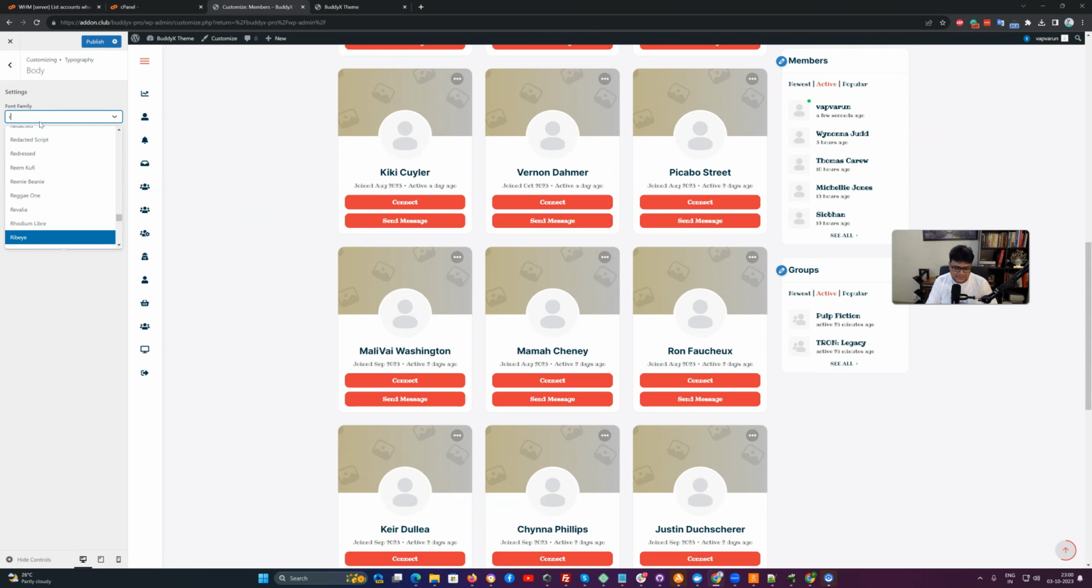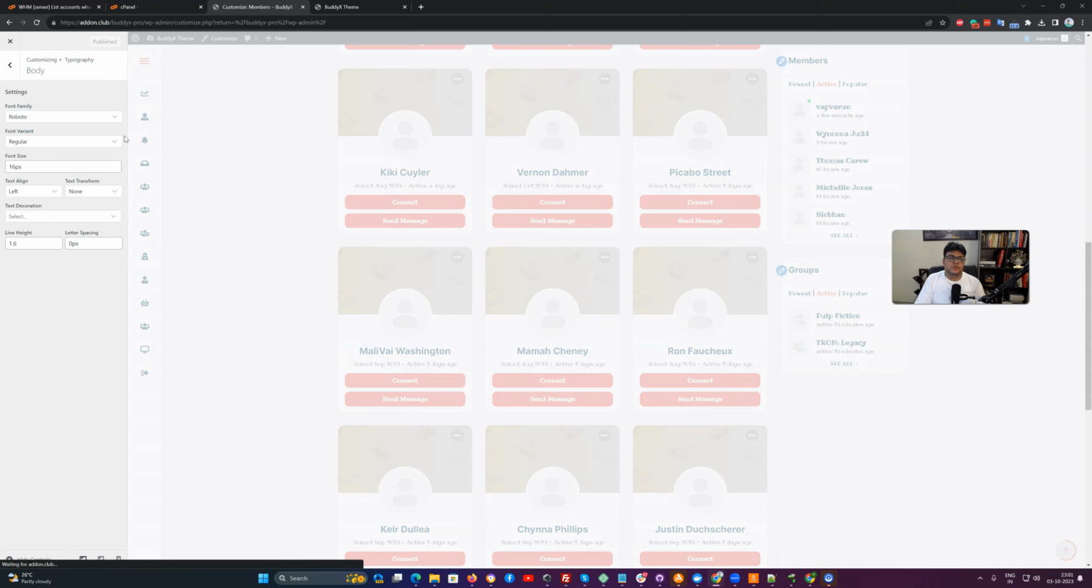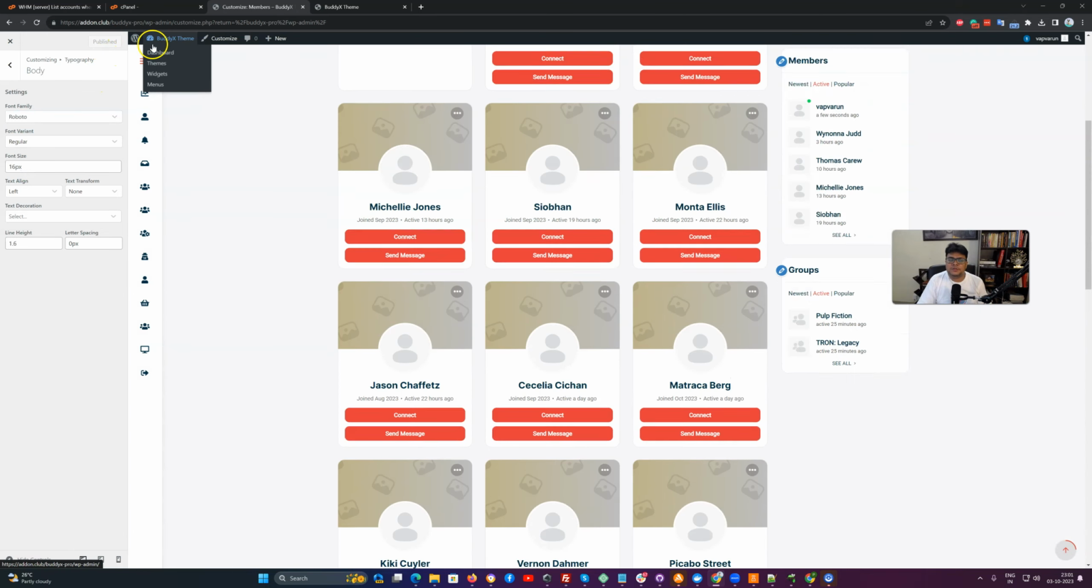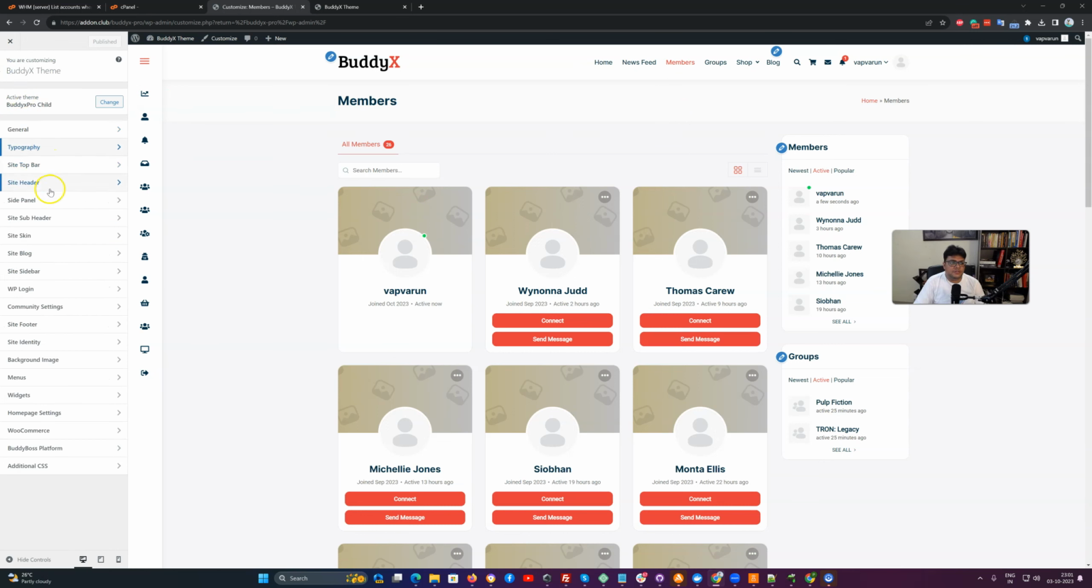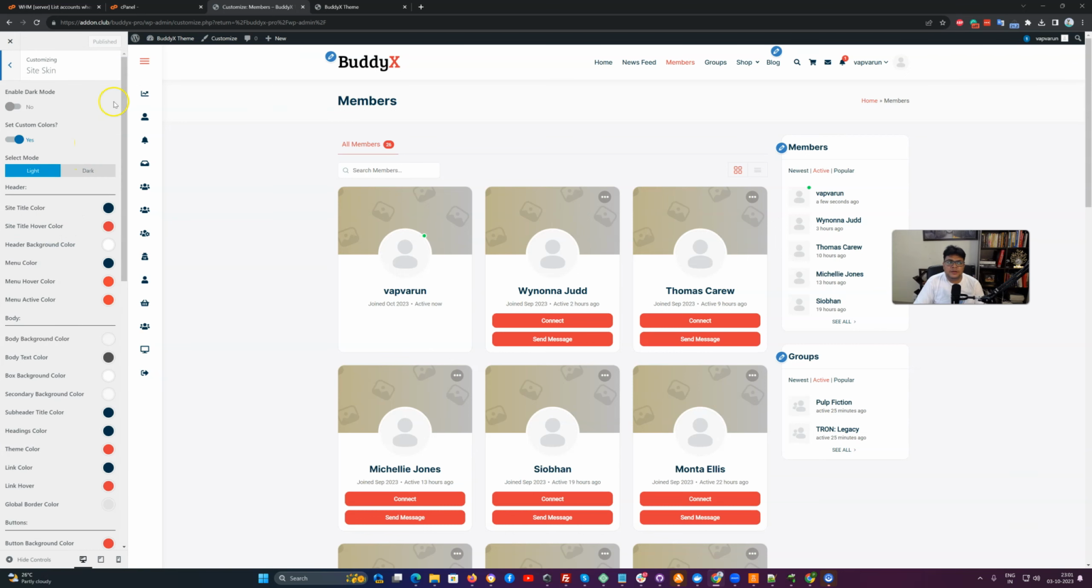Roboto was much better. You can choose as per your requirement. So you can adjust the branding of all the fonts using these typography options. The next option we have is specific to site skin, and it will contain all the